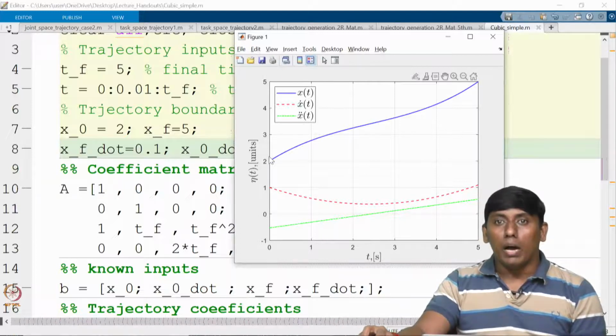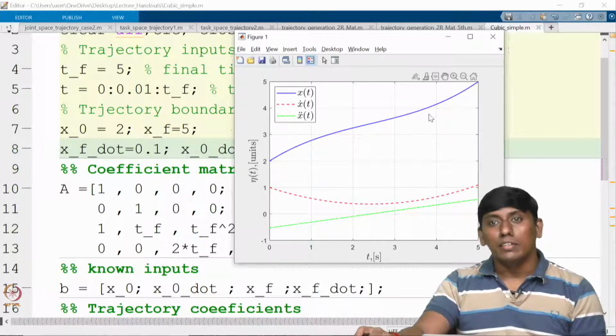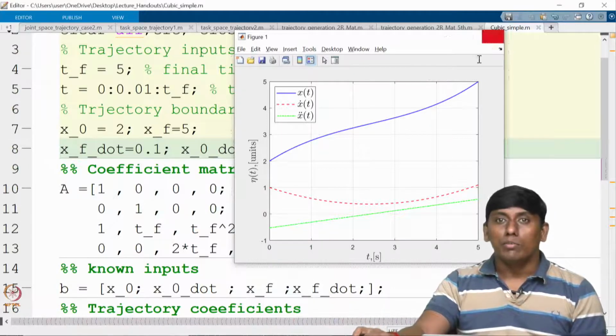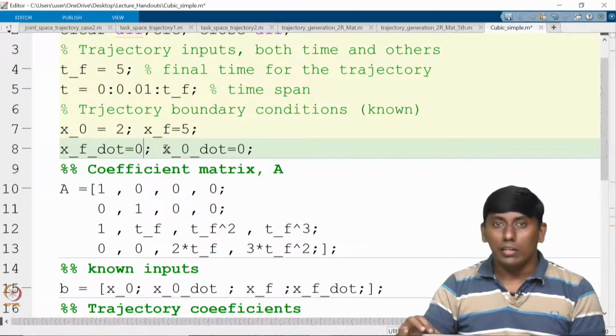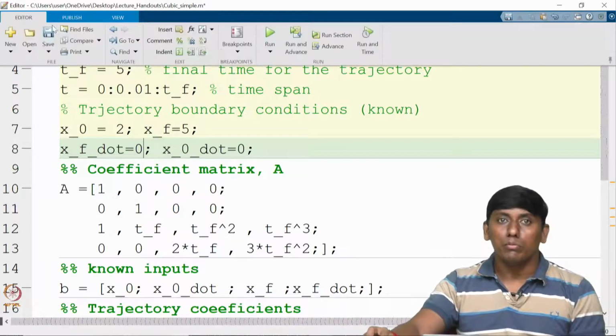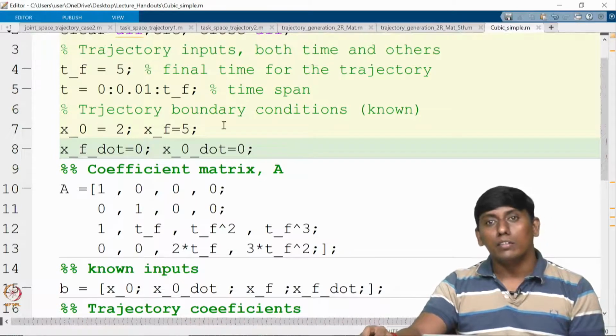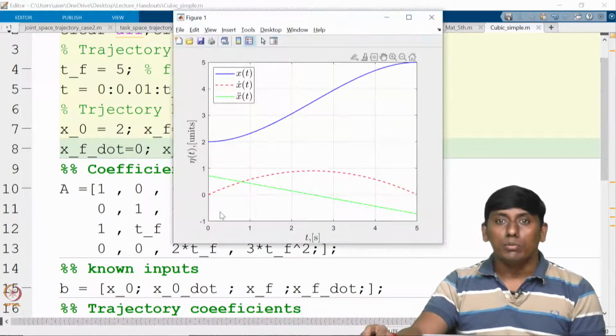because you have starting from 2 to 5. So that is the case. So you can actually get it. Now in order to make it clear, I'll just make this 0 and this is also 0. Now you can see it is much smoother than the earlier. This is what one sees. So you can see all of this, right?